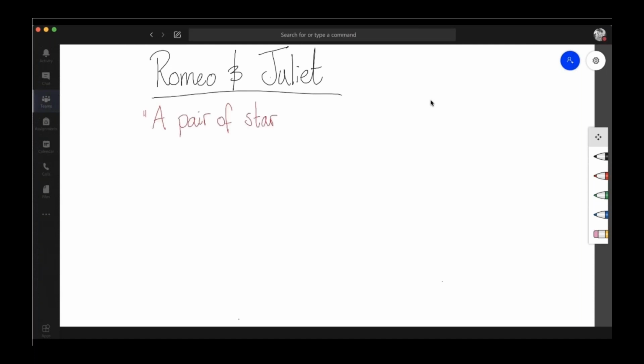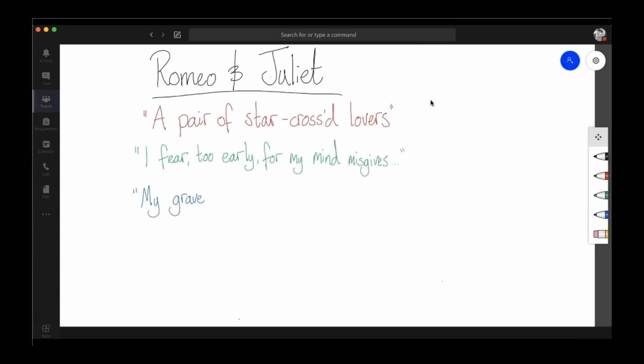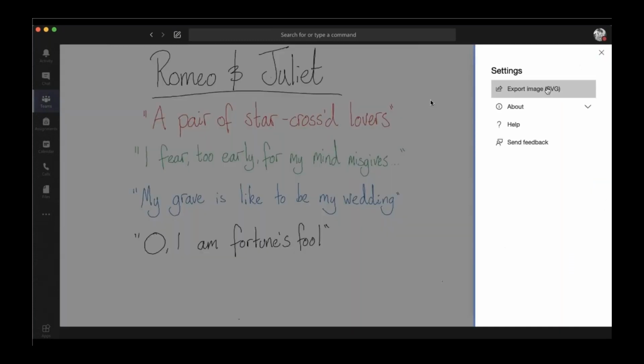Students could collaborate on a board, for instance, share quotes from novels, or gather data as necessary, storyboarding and collaborating on ideas in real time. Another nice little feature within using this whiteboard is the ability to save the images to be stored and viewed at a later time.